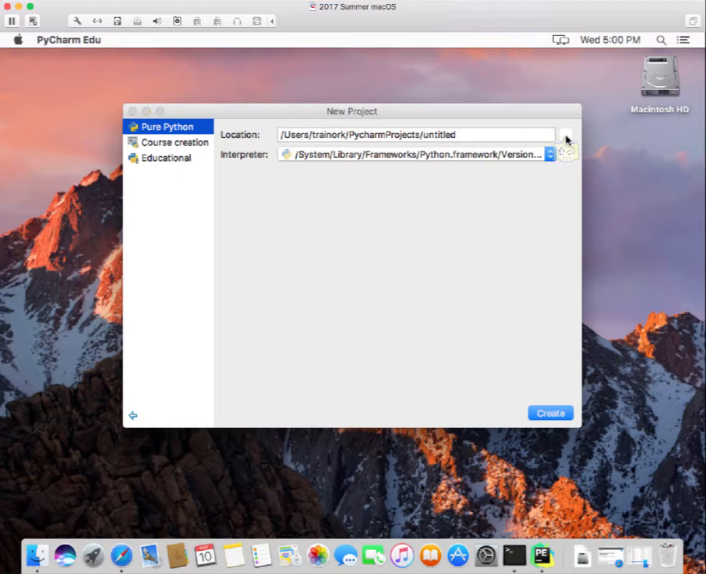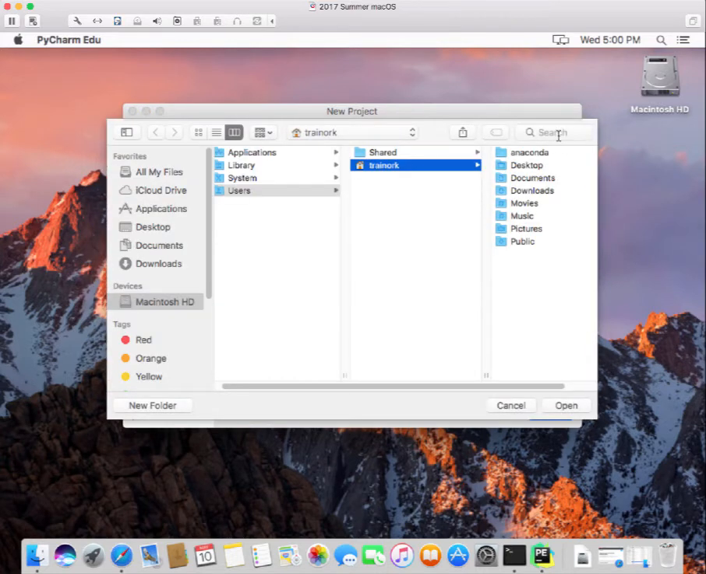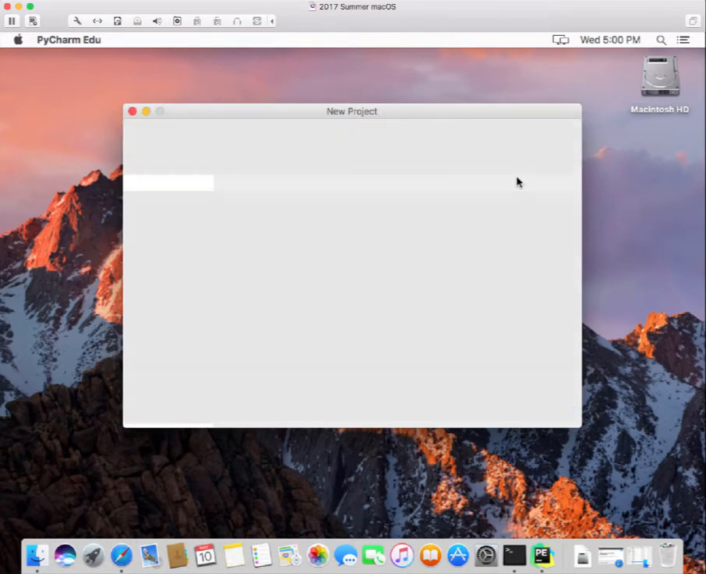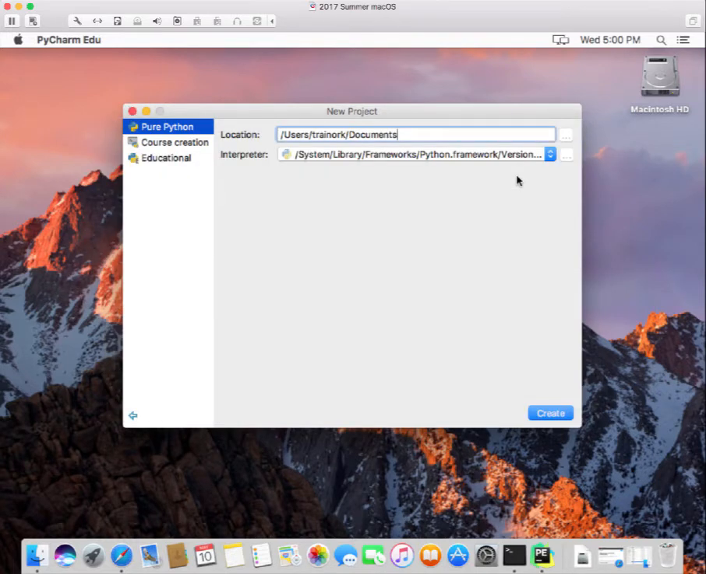Well, let me do this. I click on that little dot dot dot icon. Okay. And let's see, users, trainer K. What about documents? Let's give that a double click. Okay. So it's going to go into documents. And then what folder for this project? Well, let's just put a right slash and let's say that we want the folder for this to be called